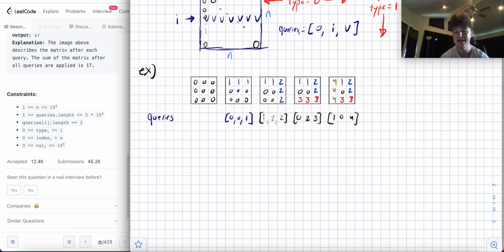Because 5 times 10 to the 8, then likely the simulation isn't the approach you're going to use. Not likely, it definitely isn't, because it's going to exceed the time limit. And you need to think about some better runtime solution, right? So what is that solution? Well, like I said earlier, you got to be able to think about a different way of looking at this problem in order to determine how it can be solved, right? And I guess the first observation, right, is